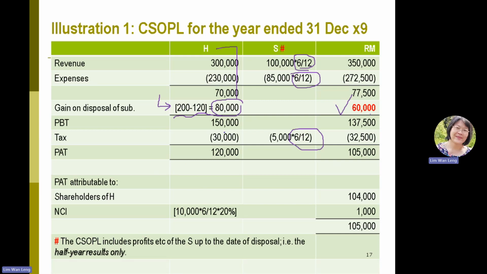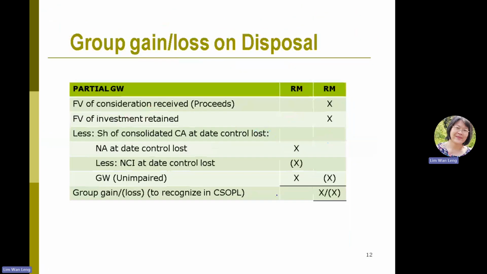Okay, so you can see what else. The other thing will be the profit for the year. Of course, you need to only take for 6 months and 20% belongs to the NCI up to the date of control is lost or up to the date of disposal. So you add and subtract, you will get this. So take note of this in the consol SOPL, all the figures of the subsidiary you must pro rata accordingly. Okay, as in this particular case, 6 months only, your status remains as a sub. Okay? Then we will move back to